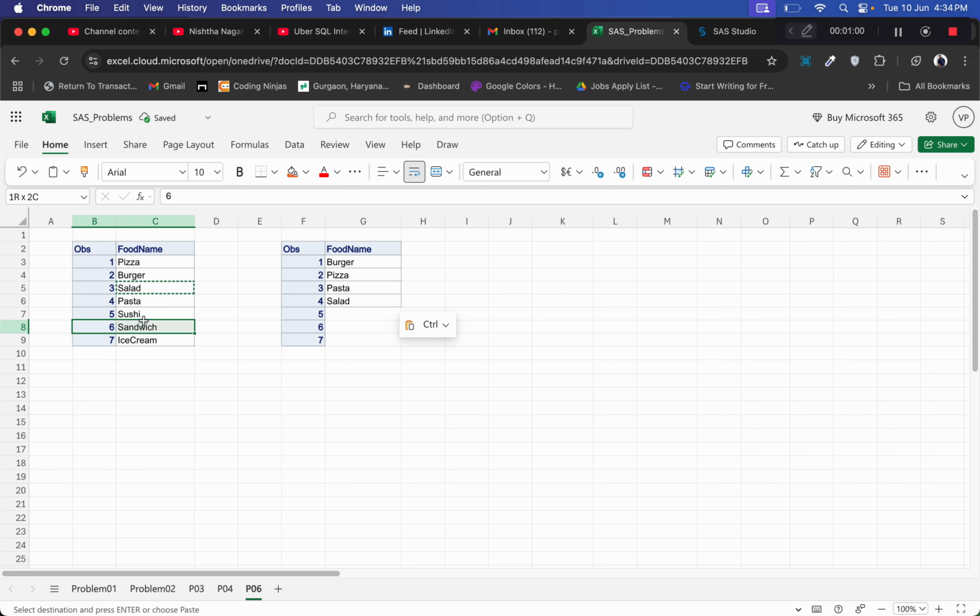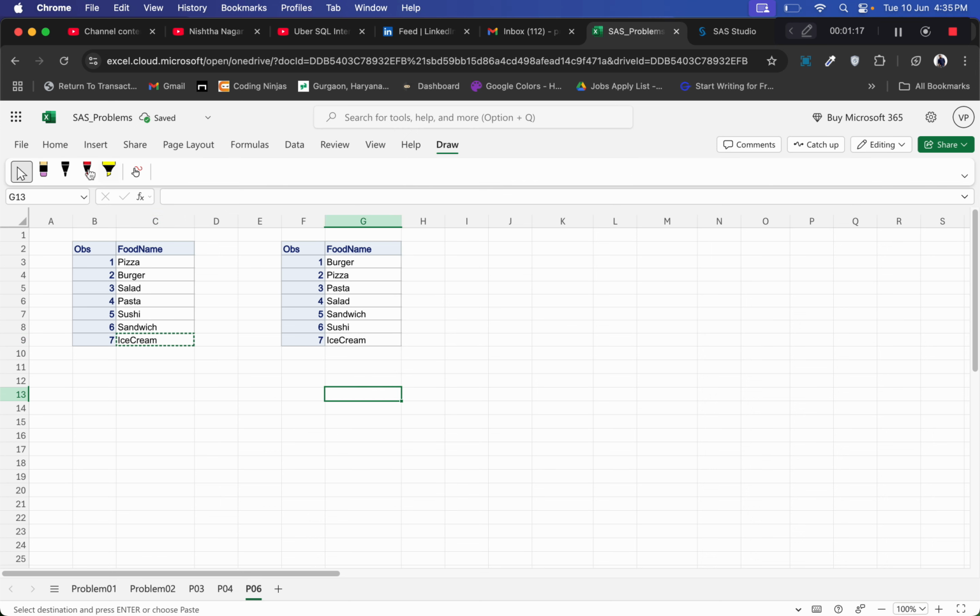Similarly, when we swap the next two, sandwich will come on the fifth row and sushi will come on the sixth row. And for the last row we have only one row and there are no two rows available to switch between them, so it will come as it is. So this is what we want to generate. Basically in this particular question we have to convert this input data set into this output data set,